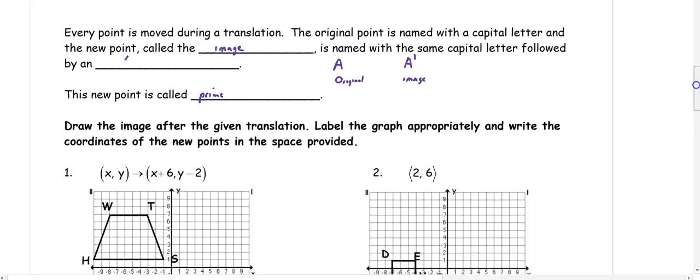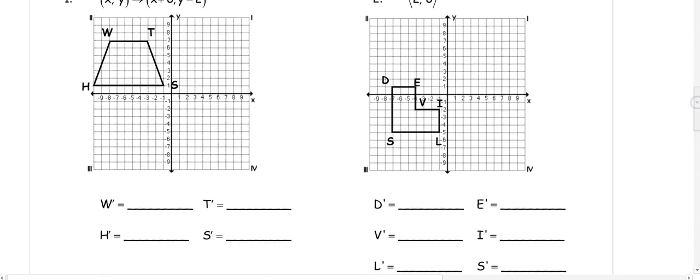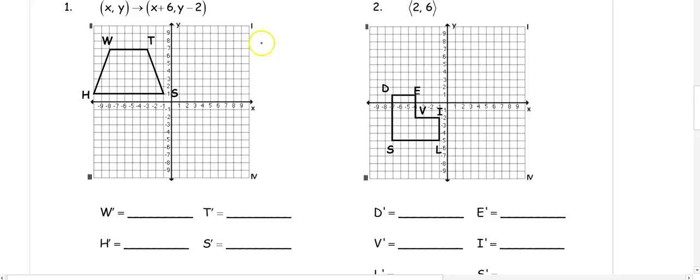in the space below. So number one, this is coordinate notation, which has x plus 6 and y minus 2. That means we're going to move every point right 6 and down 2. So from each point, I'm going to count over 6 and down 2. When I label my new point, the same letter with the apostrophe. T